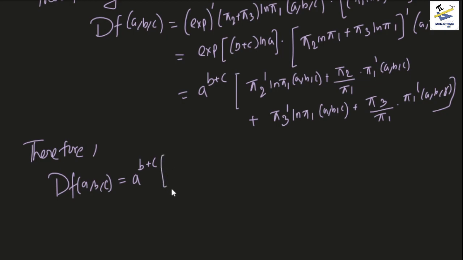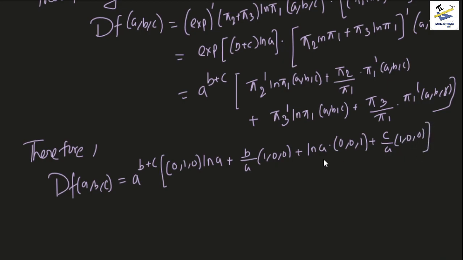And now pi 2 prime is simply 0 comma 1 comma 0, and ln of pi 1 is ln of a, plus b by a into 1 comma 0 comma 0, plus ln of a into pi 3 prime, which is 0 comma 0 comma 1, plus c by a into 1 comma 0 comma 0, right? This would give us a to the power b plus c